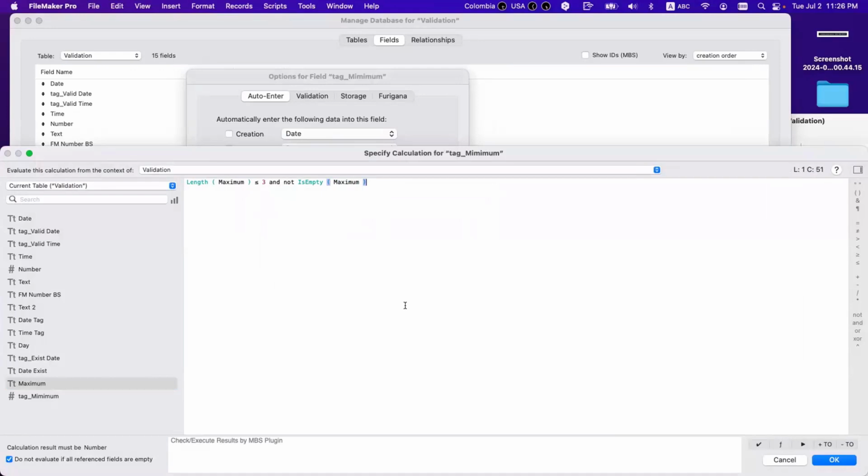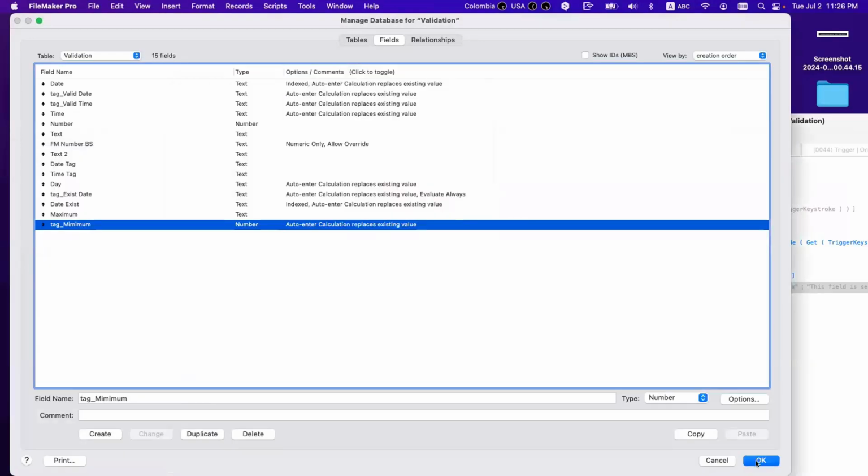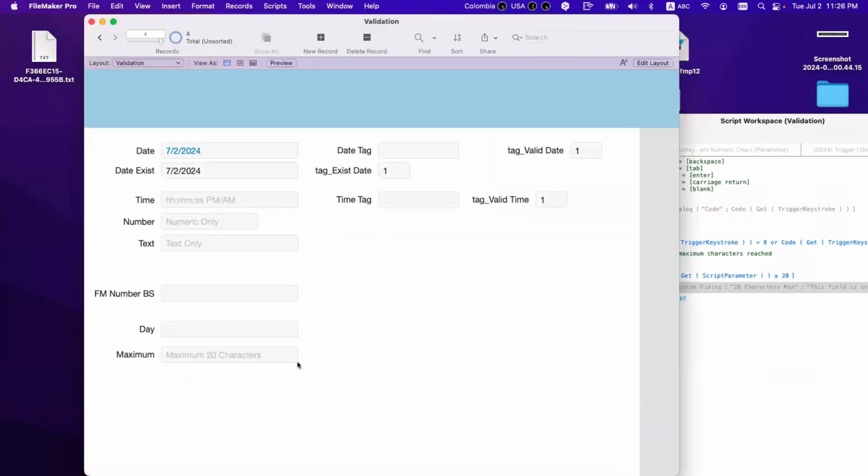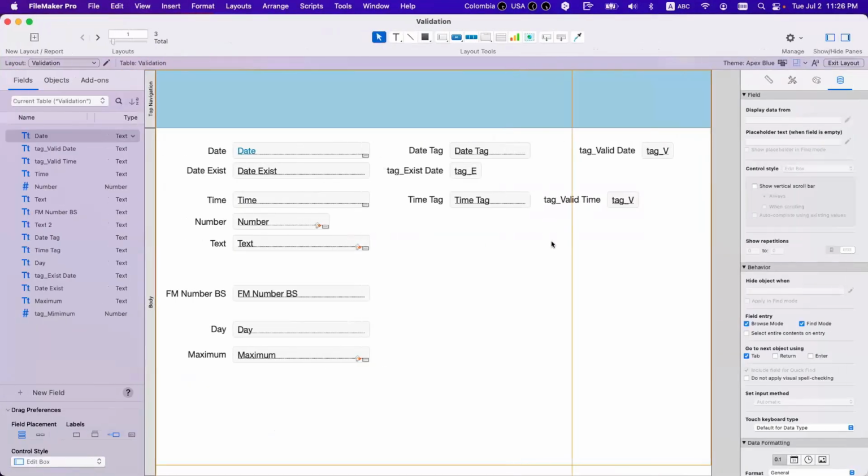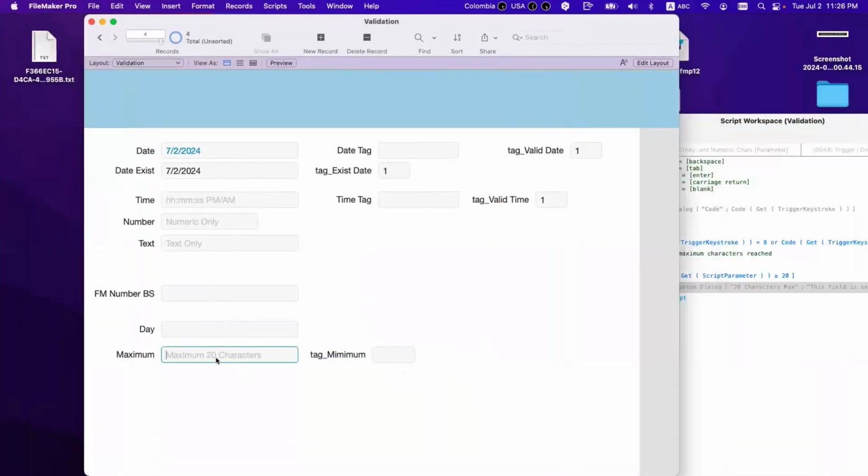That means if it's empty, I don't want it. So now let's put the tag here. So I type Nick.